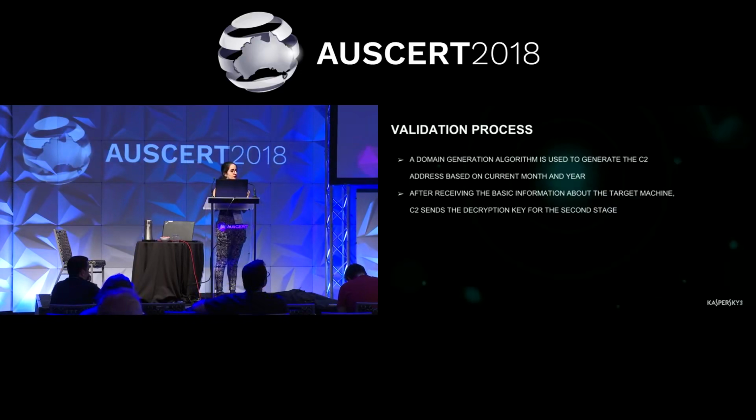So the first stage creates this domain and then contacts the domain and gets the decryption key for the second stage. As I said earlier, we realized that this attack is going on in July. We generated the domains for different times of the year, and then we realized that